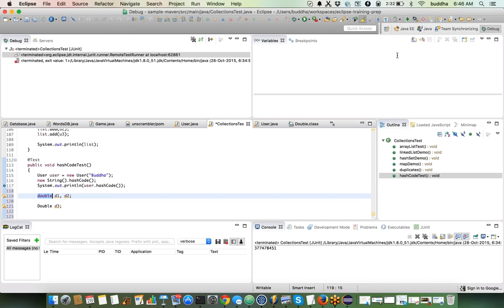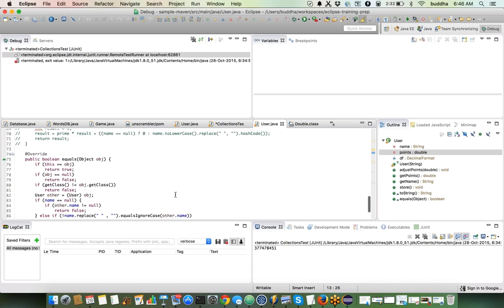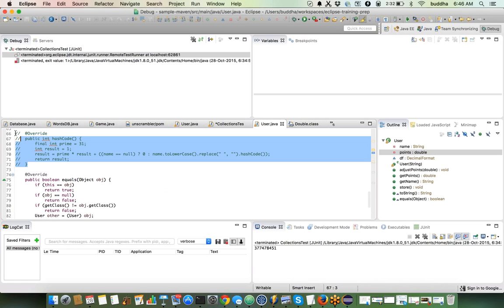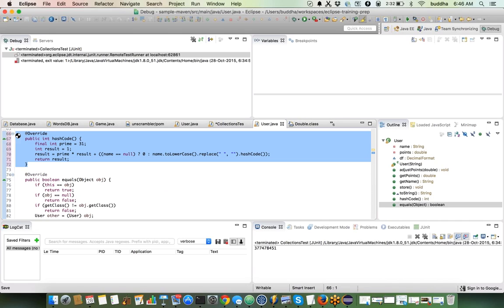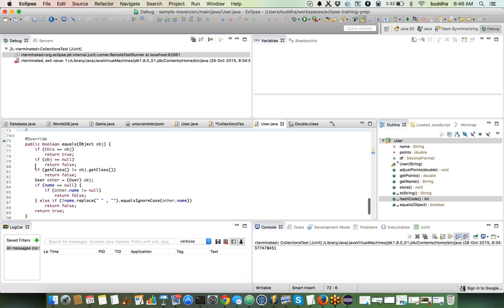We have to change whatever code we have already written. In our equals and hash code, we have written it in such a way that only name is considered, right? So we can actually consider the other one also. The simplest way to do it is